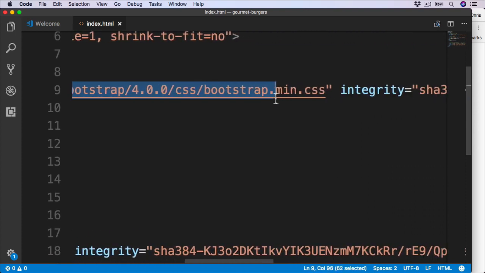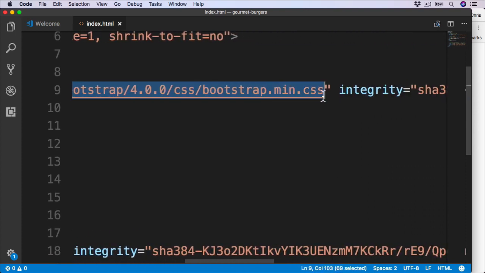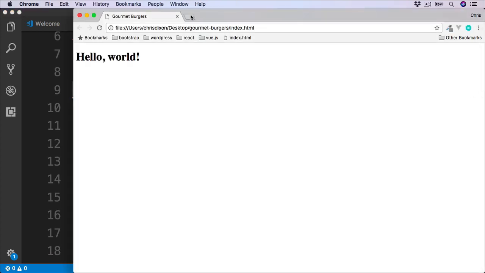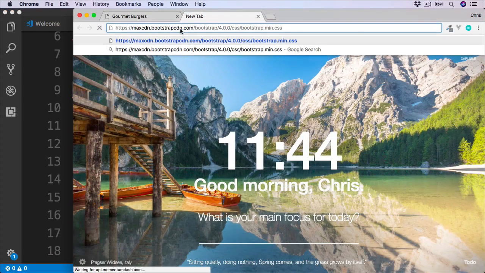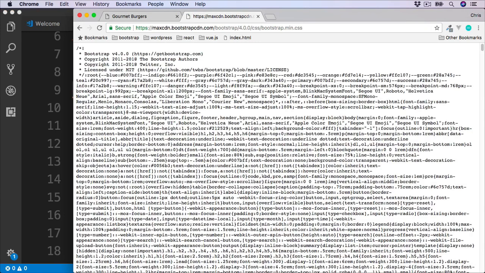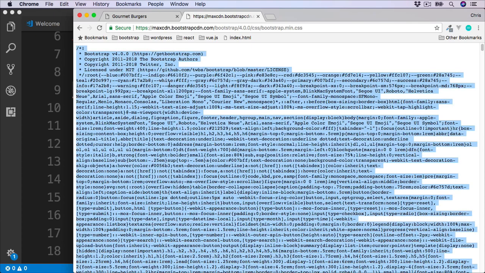right to the very end, copy that, and then over to the browser, we can paste this in just like a normal URL. This is the style sheet which is linked to at this URL. It's a little hard to read because currently it's minified. This means all the white space has been removed to keep the file size smaller. So to see this even better, if we select all and then copy,